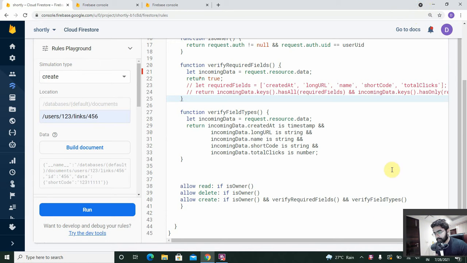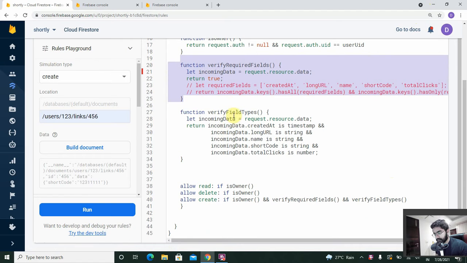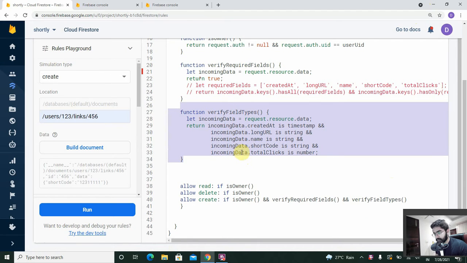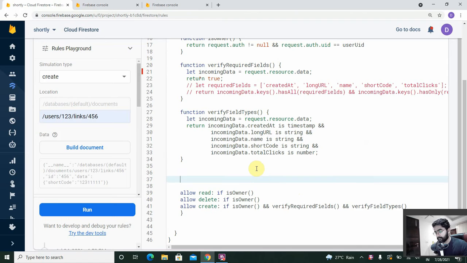Alright, so now let's continue. Now that we have checked the required fields and the types of the values, we just need to check the actual values of these fields. So let's do that. For it, let's create another function, which we can name verify